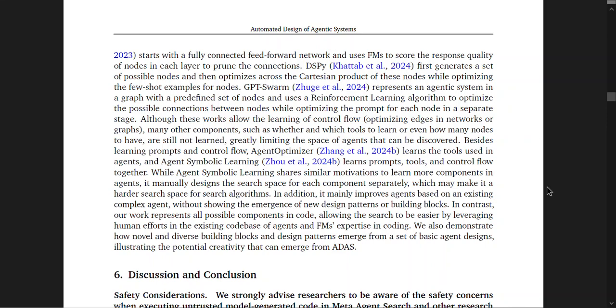In addition, it mainly improves agents based on existing complex agents without showing the emergence of new design patterns or building blocks. In contrast, our work represents all possible components in code, allowing the search to be easier by leveraging human efforts in the existing codebase of agents and foundation models' expertise in coding. We also demonstrate how novel and diverse building blocks and design patterns emerge from a set of basic agent designs, illustrating the potential creativity that can emerge from ADAS.